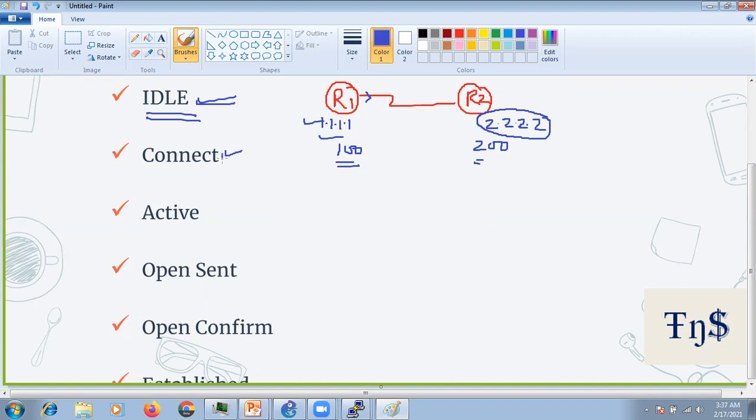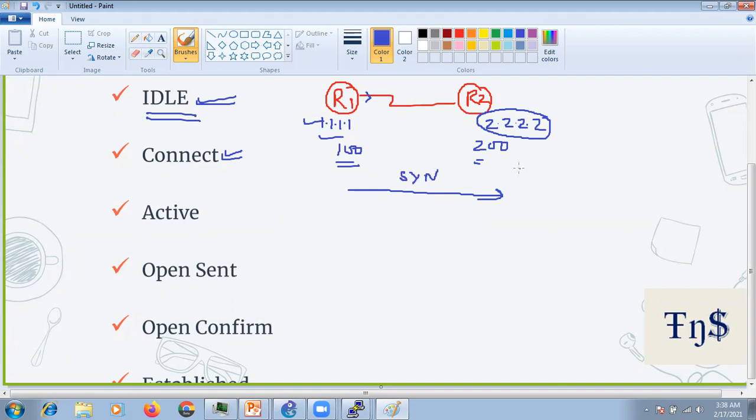The next one is the connect state. In the connect state, first of all, as we discussed in our last lecture, there will be a TCP connection, three-way handshake, and a TCP connection will be established, right? Let's say R1 sent the SYN packet to R2.